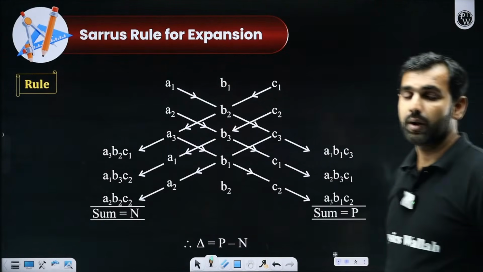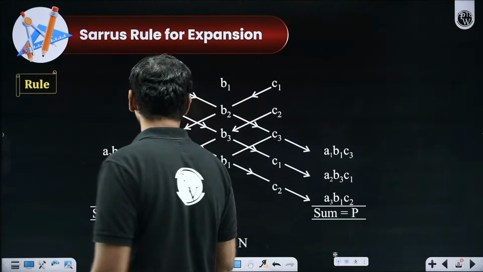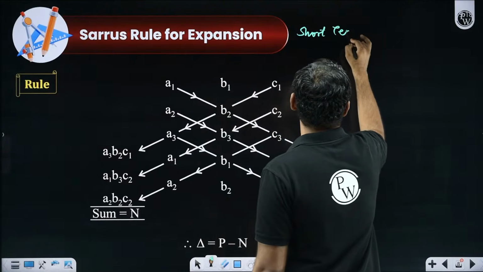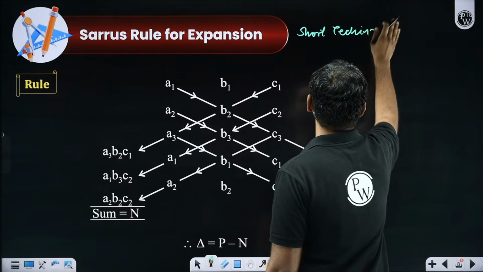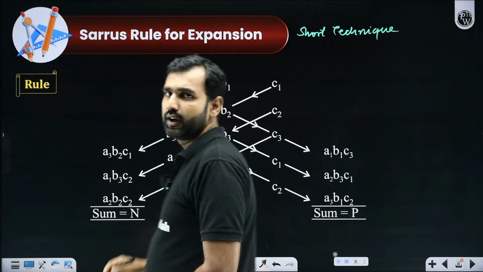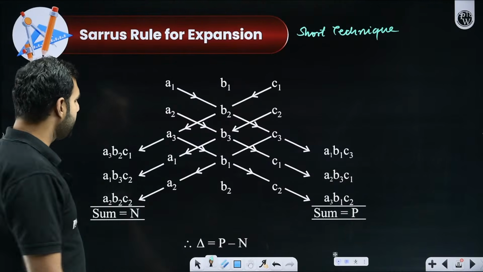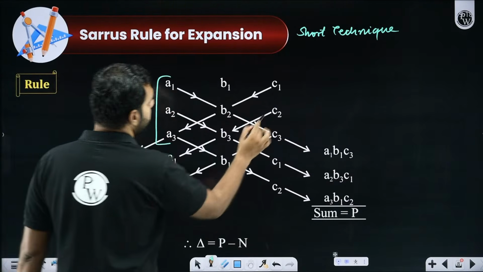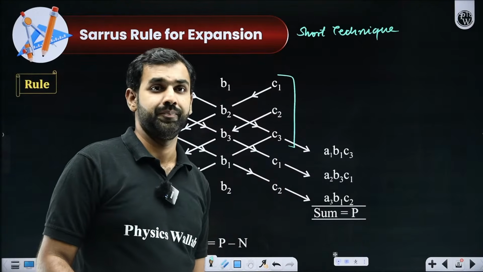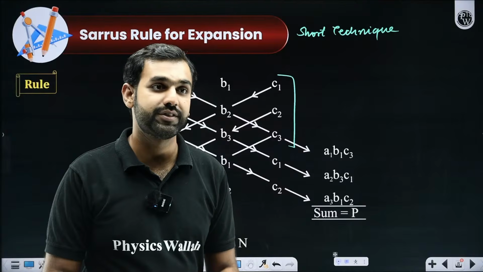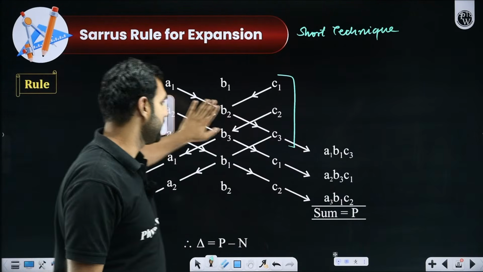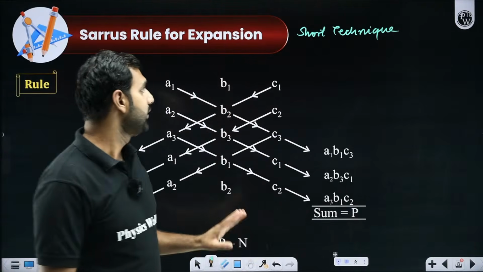But there comes a more interesting rule which I wanted to discuss as a short trick or technique, which was developed by Sarrus as a mathematician. So what did he say? He suggested that let's say you are given a matrix A1, A2, A3, B1, B2, B3 and C1, C2, C3. That's your matrix, and you're supposed to find its determinant. So how do we find the determinant of a 3 by 3 matrix? What Sarrus suggested was, first step,